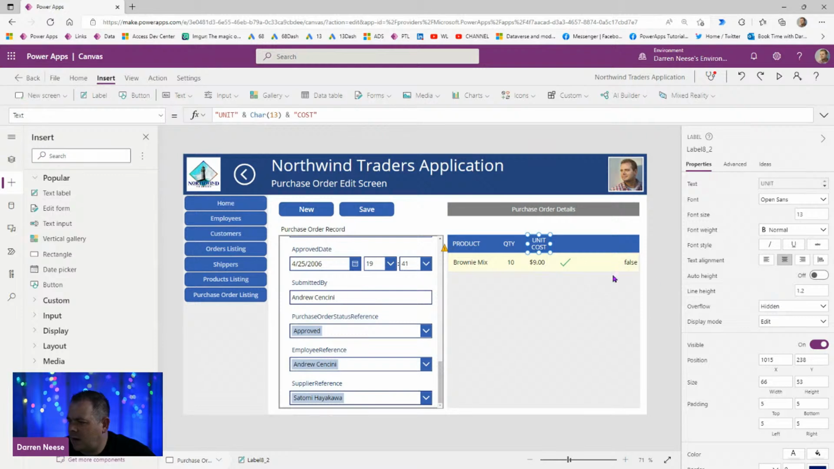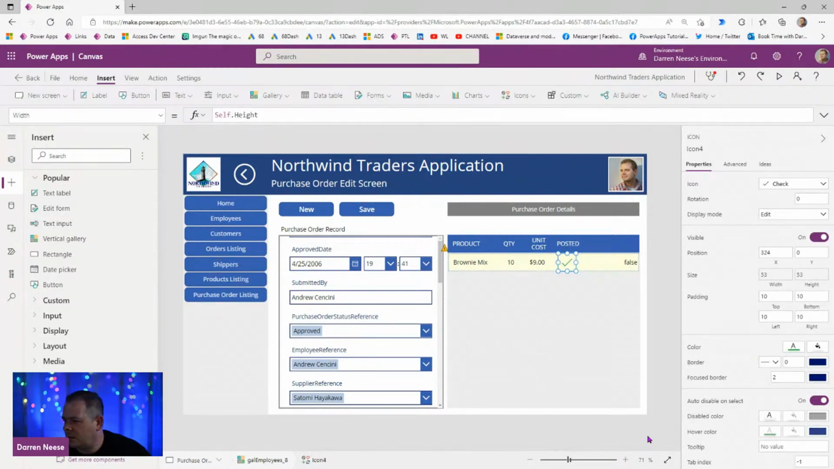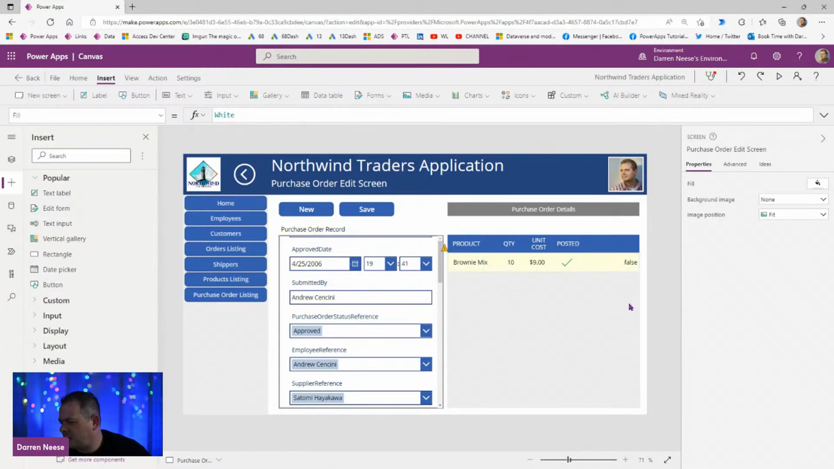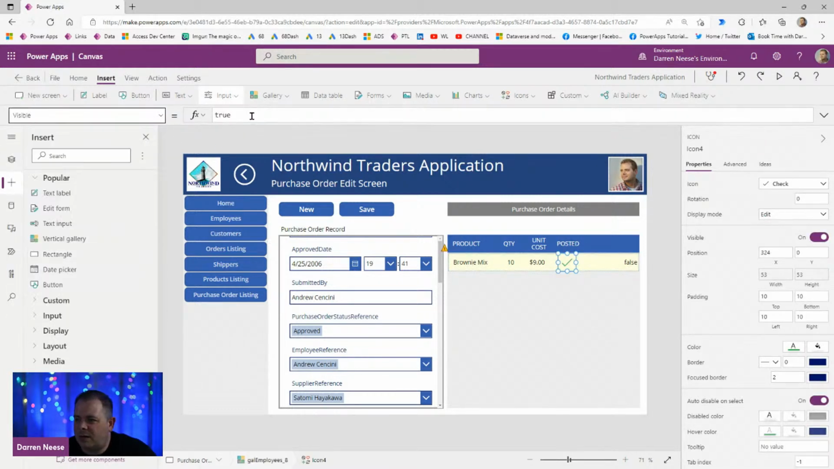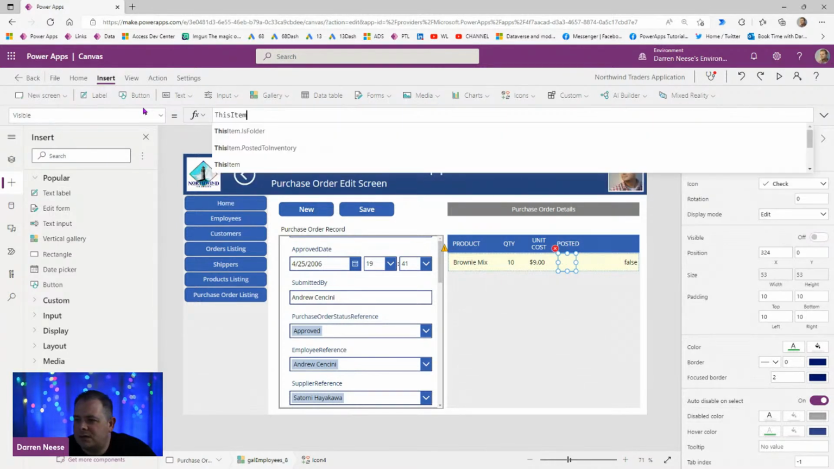So put that up there. Posted. Okay. Very good. We have that posted. And then we want to change this icon to be visible or not based on the value. So this item dot posted inventory